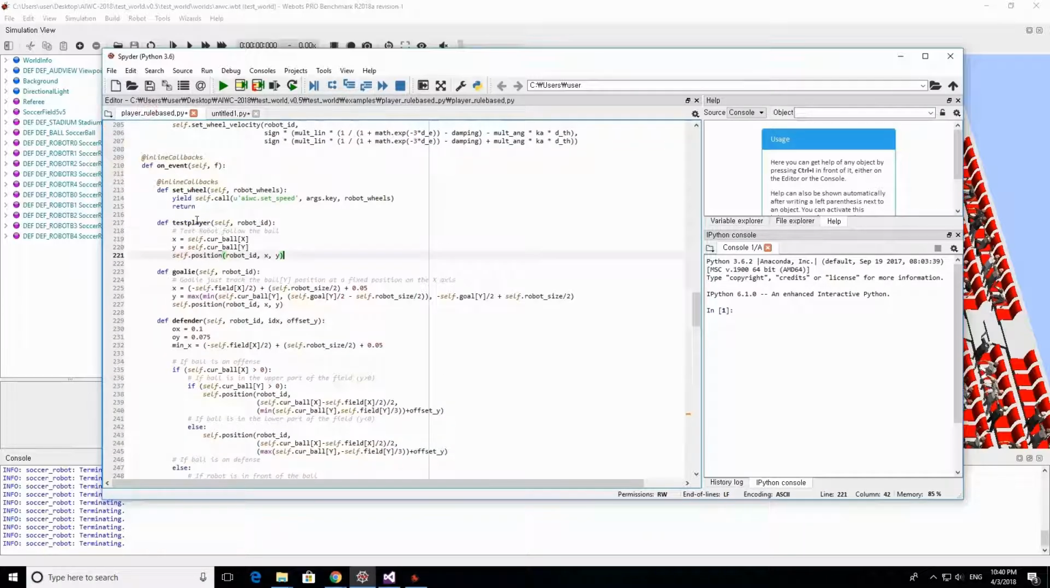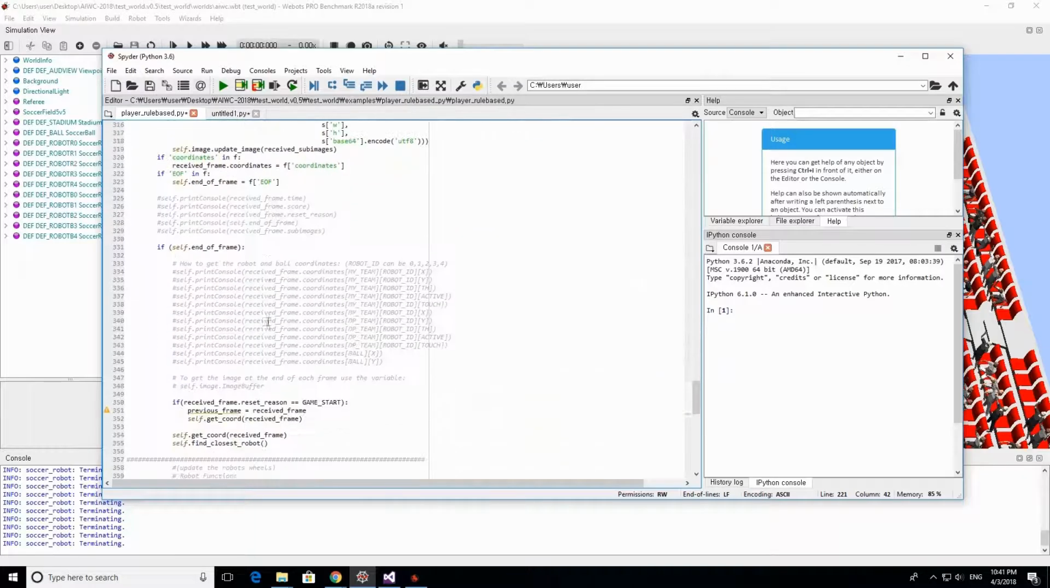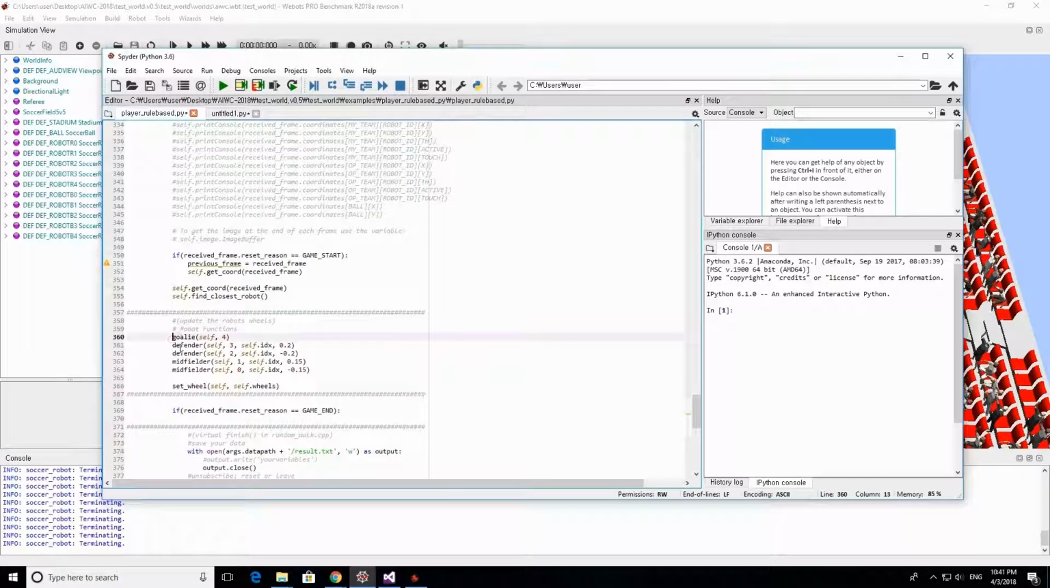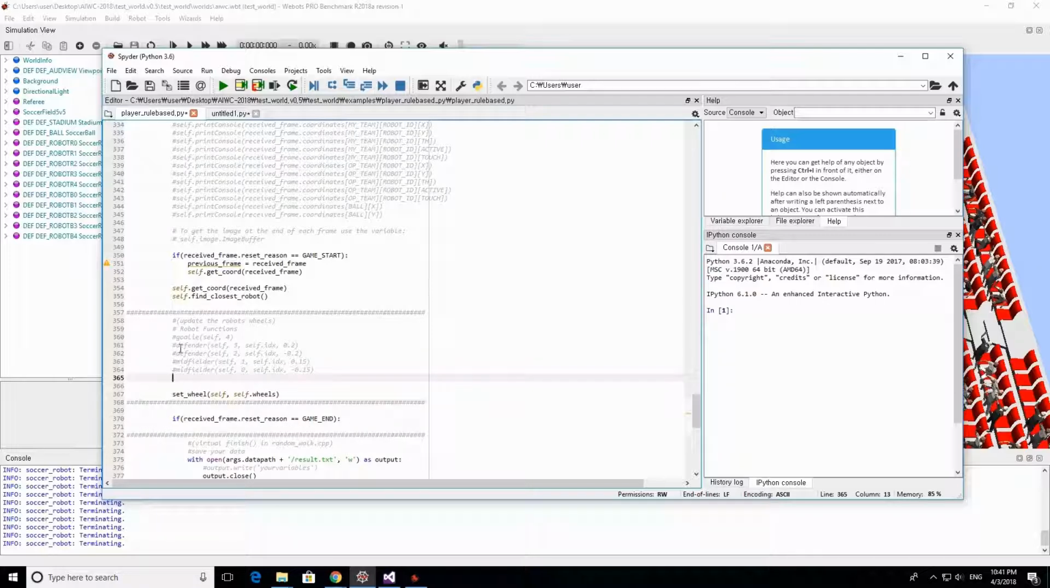So this test player receives the robot ID that I want. He's going to get the position of the ball, the X and the Y position of the ball, and give it to this position function, and he's just going to try to follow the ball. So I defined it here, my test player, and here I'm going to comment out the other functions, and I'm just going to create my test player that's going to be robot 4. I'm going to save,